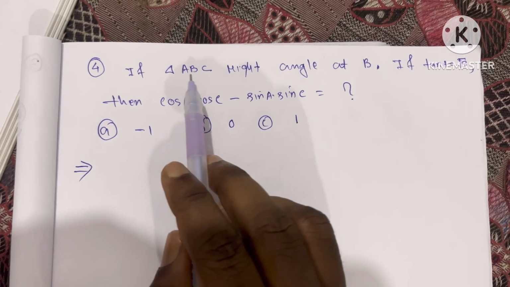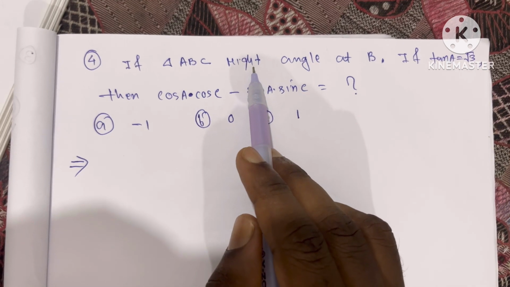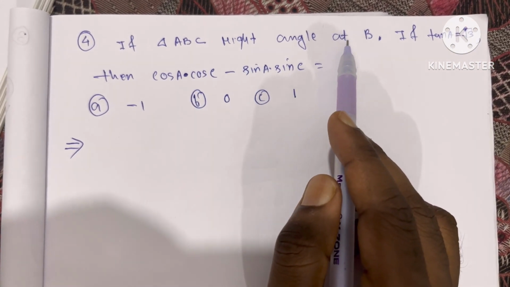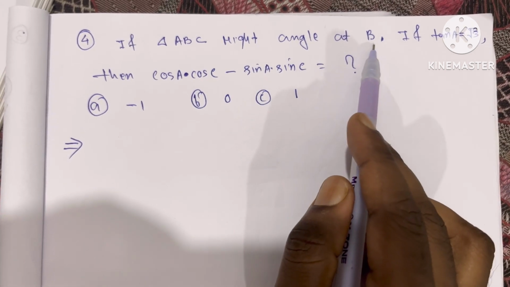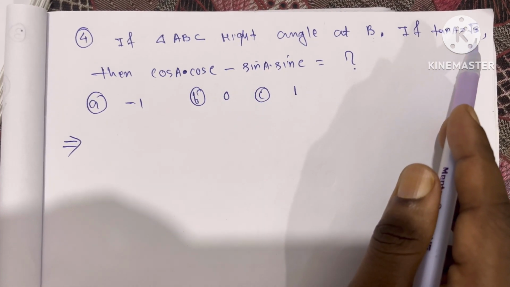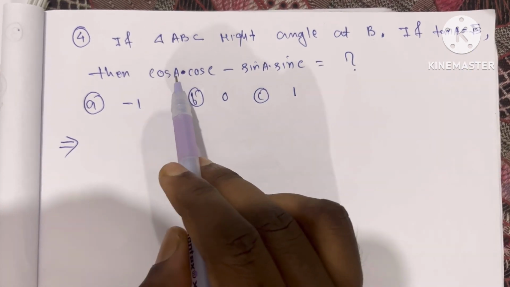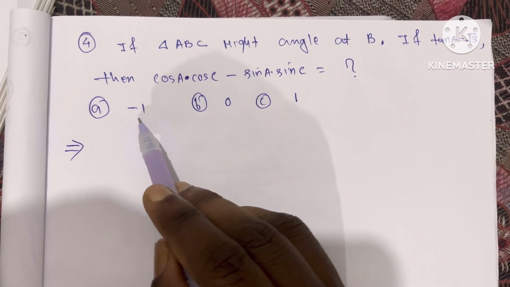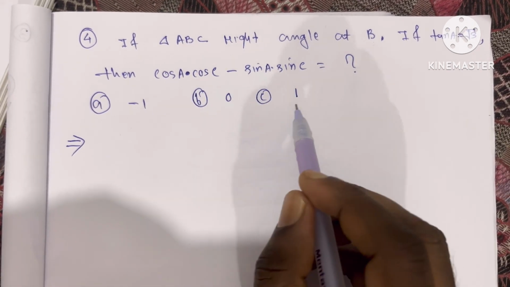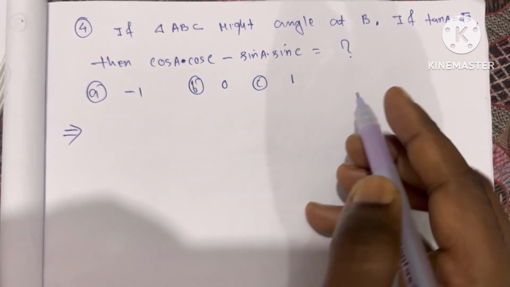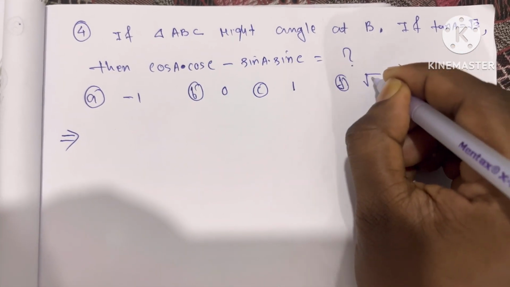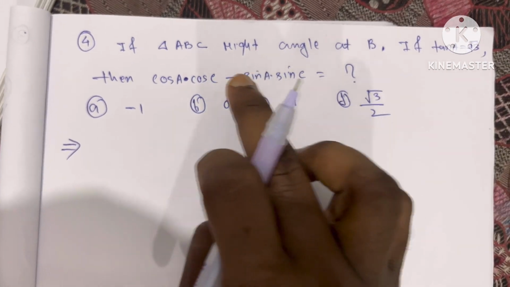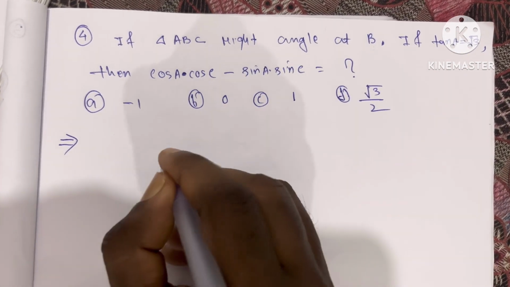Okay. If triangle ABC is right angled at B, and tan A is equal to root over 3, then cos A into cos C minus sin A into sin C is equal to what? Option A is 1, minus 1, B is 0, C is 1, and D is root over 3 by 2. So very simple. Before going to discuss the question, first I'll give the concept of